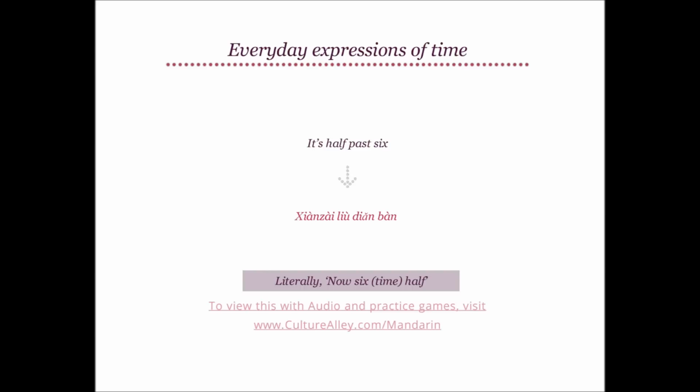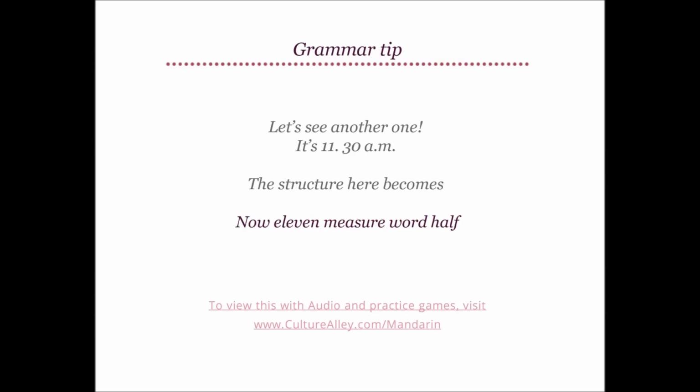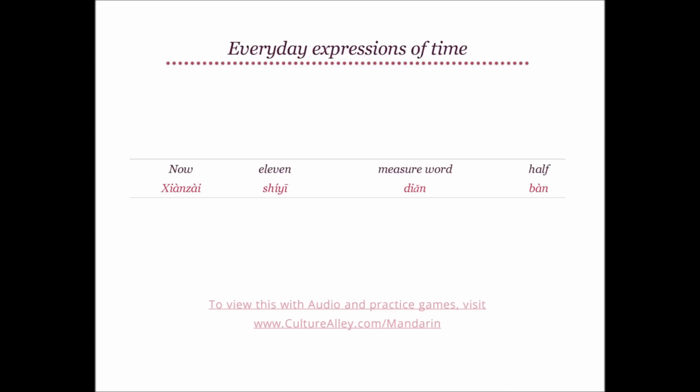Thus, it's 6:30 translates to 现在6:30, which literally means now 6 time half in Mandarin. Good job! Let's see another one. It's 11:30 a.m. The structure here becomes now 11, measure word half. Focusing on the breakup again, now becomes 现在,